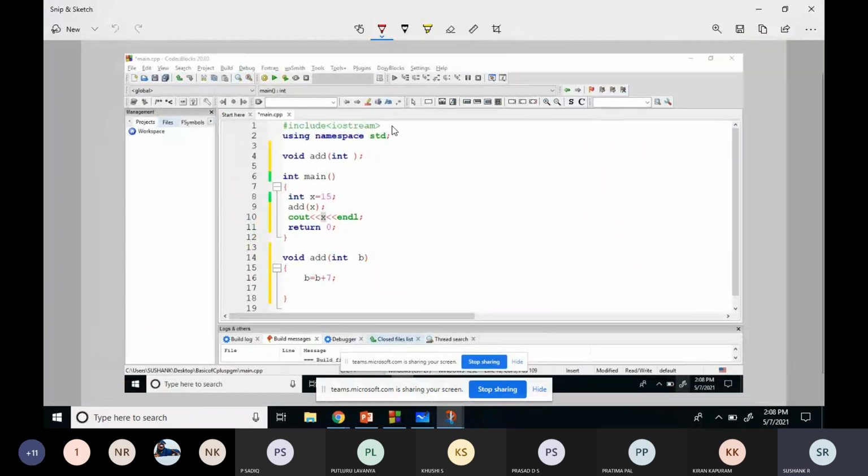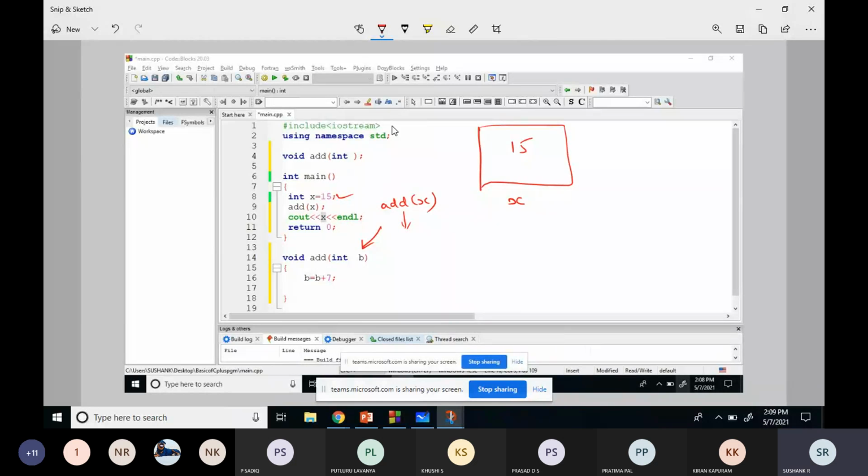See how this program will work in memory. x is equal to 15. After this, I will call add of x, so control will get transferred to this line.